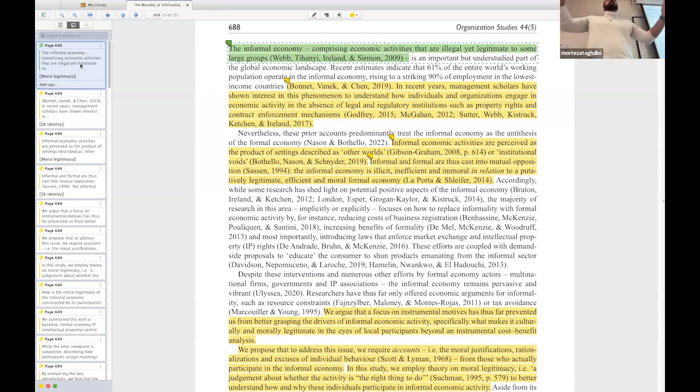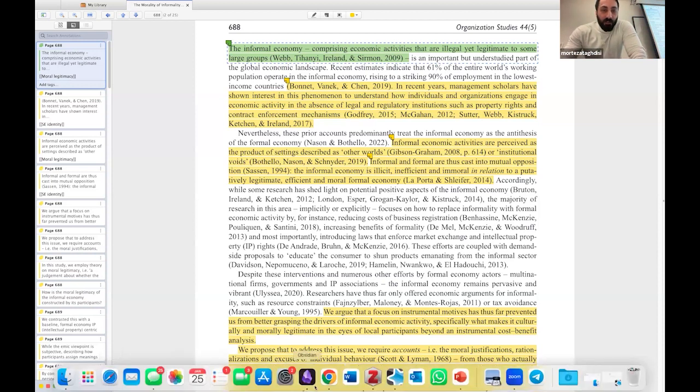Then I have more or less all the literature about moral legitimacy in one file from different papers, the same thing for identity, the same thing for something else. Does it make sense what I want to do? So that's why I'm putting these, they're not tags, but comments here. Why? Because when I insert them into Obsidian,